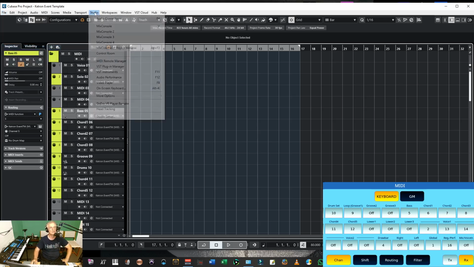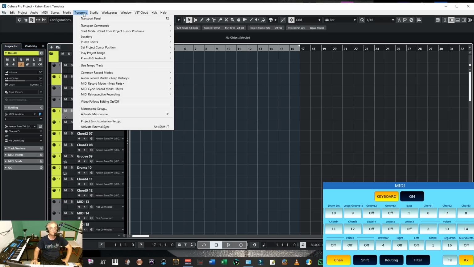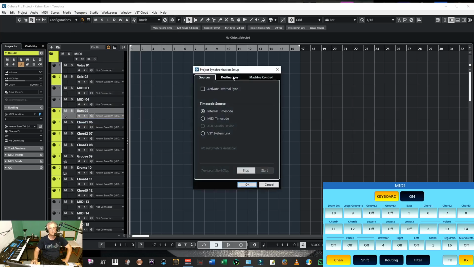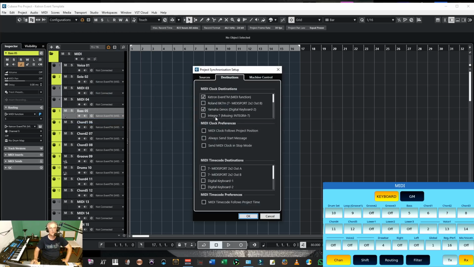And one more thing, you have to engage synchronization. You have to go to transport, project synchronization setup, destination, and you will choose Ketron Event MIDI function. That is what I chose. It is actually, I'm going